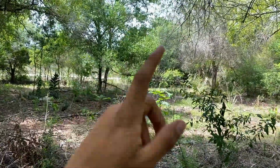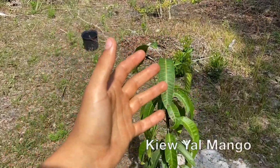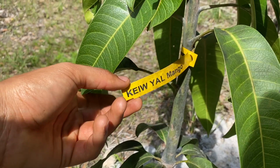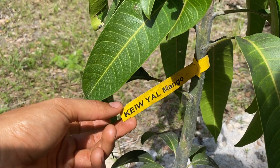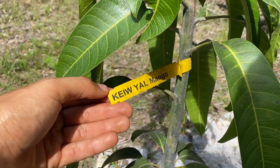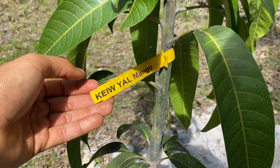Now another mango that I skipped is over there. So I wanted to cover this mango over here before I went to the back of my property, because this is still technically in the front. But this is a Kiwi mango. Now I actually don't know much about this mango, but my Thai friend who sold me it told me that it is one of the biggest mangoes in Thailand. She described this mango basically being the size of a lansanita mango, which, if you knew, the lansanita is actually super big, or lansantilla, I'm not sure how it's pronounced. But anyway, the Kiwi mango is basically the same way, but it's shaped like a Nam Dak Mai mango or a Maha Chinook. It has that kind of typical pointy Thai mango style,